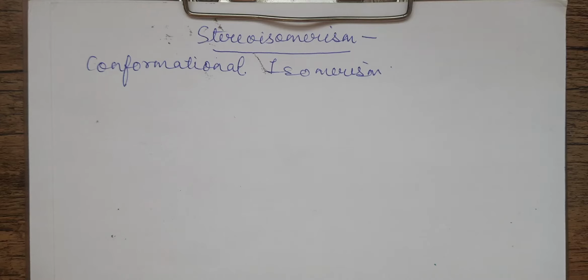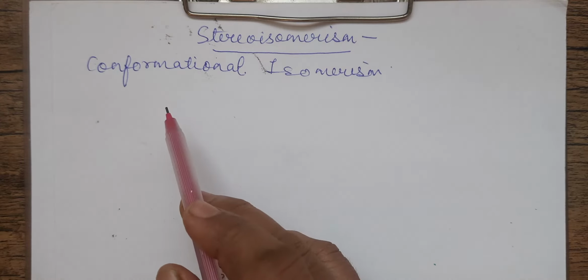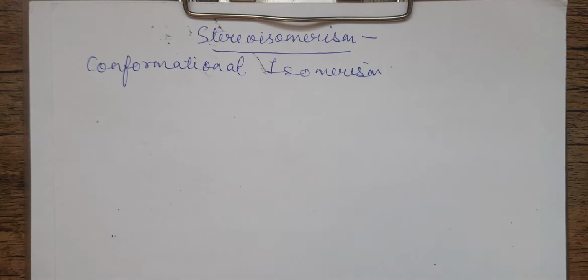Good morning, children. Today we are on to the next video on isomerism, and in today's session we will be talking about stereoisomerism. There are three types of stereoisomerism: conformational, geometrical and optical. But we will be doing two because optical is a part of class 12. So we'll be discussing in today's session conformational and geometrical isomerism.